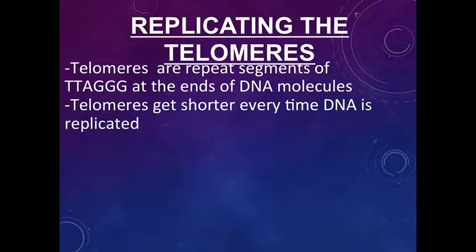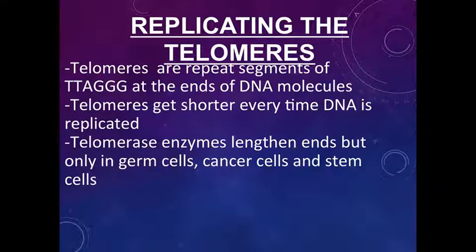And then replicating telomeres, the ends of DNA. Every single time you make a copy of your DNA, you are basically causing the ends to become shorter and shorter and shorter, because the DNA polymerase 3 doesn't go all the way to the end of your DNA molecules. So every single time copies of the DNA is made, the ends, called telomeres, get shorter and shorter and shorter. Now there are enzymes that actually can elongate those ends, and if we can actually figure out how to do this, we could basically cause a cell to technically live forever. So cells can live a lot longer as long as their DNA doesn't get shorter and shorter over